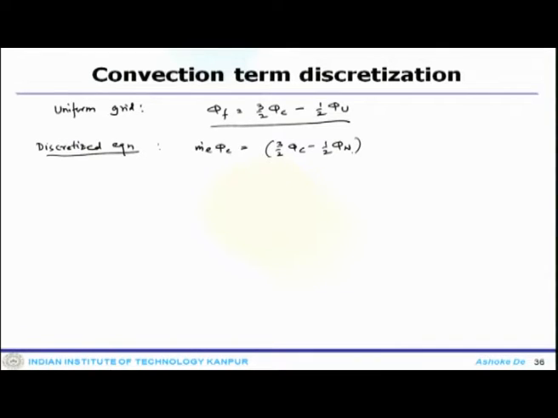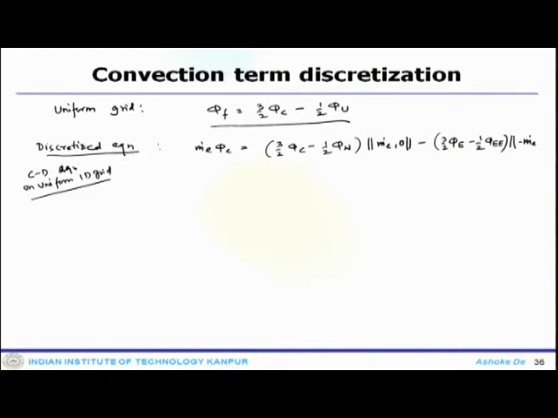Here we are looking at the system assuming the convection diffusion equation on a uniform 1D grid. So, that's why you write these things and multiply with m dot E 0 minus 3 by 2 phi E minus half phi E E